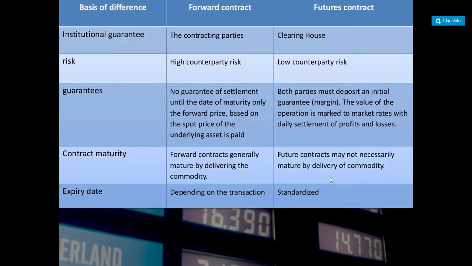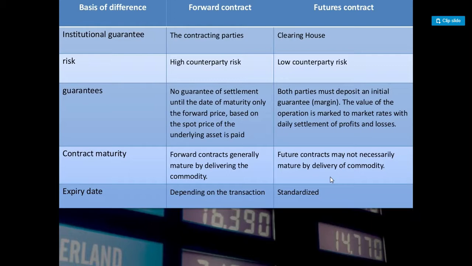Whereas the probability of premature closure in a forward contract is no, because there are no chances of premature closure, the time will be there only on the delivery date, whereas in a future contract there is a fair chance of premature closure. Whereas the size of the contract, one of the differences, depends on how big the transaction is and what the requirements of the transaction are.